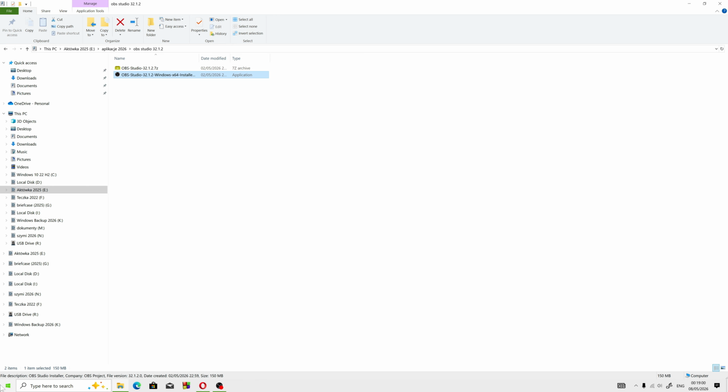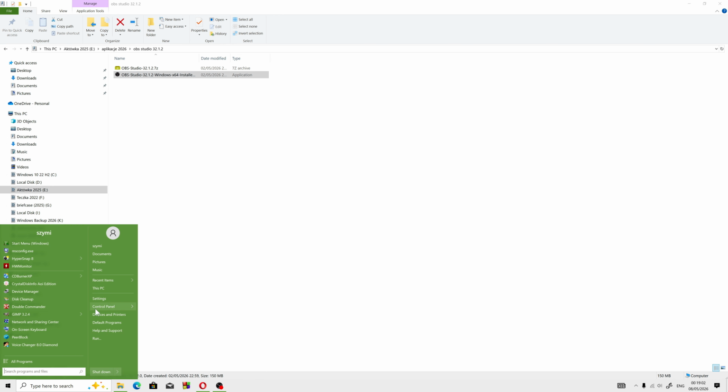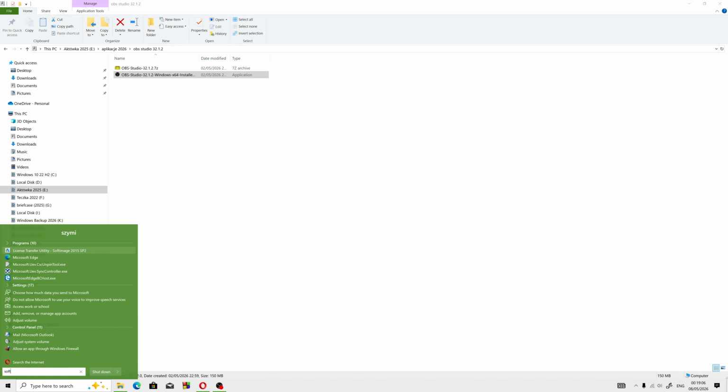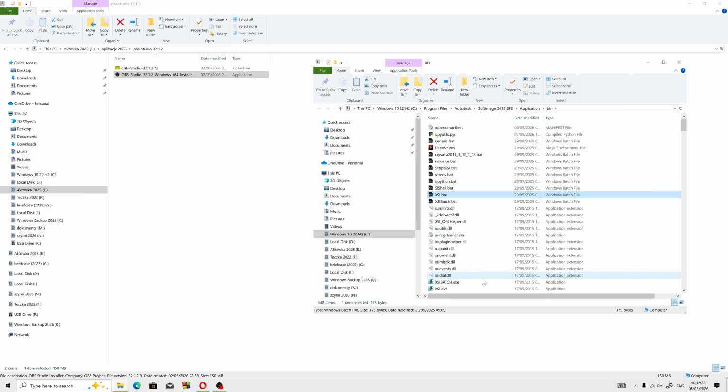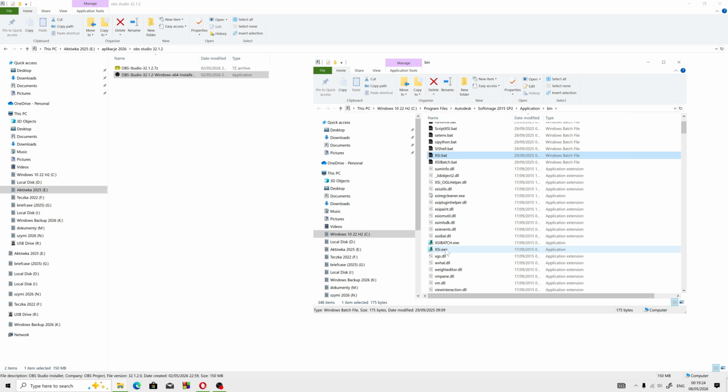Hi people, today I wanted to show to you, sorry for my voice, how to fix 4K resolution issues when you work with application Softimage. I found the vector solution